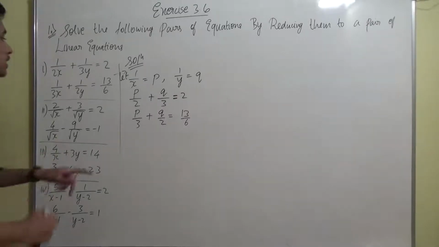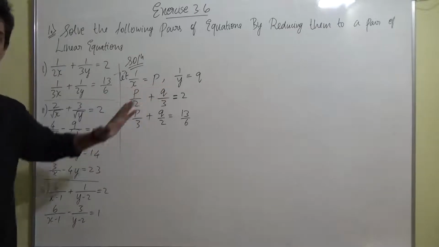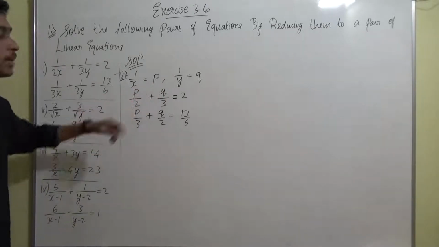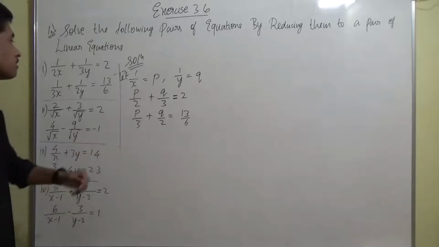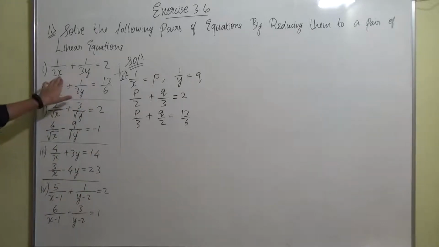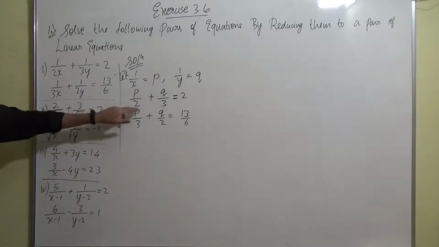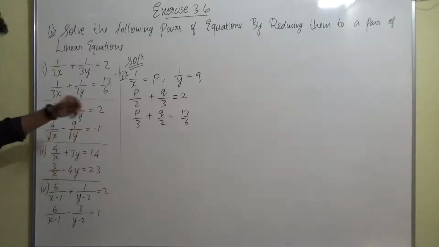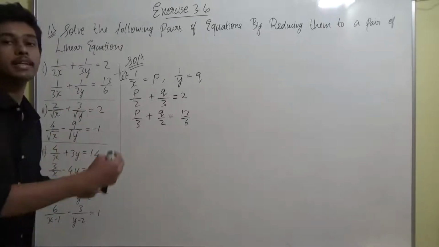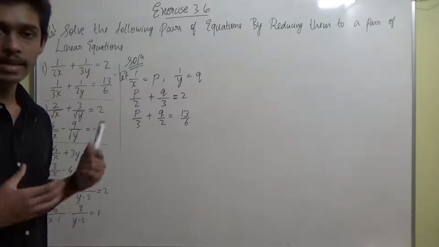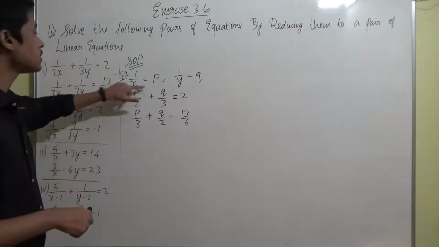Now guys, p and q are variables, and they have come in the numerator part. In the denominator part, numbers have come. Earlier the variable was in the denominator; here there is no variable in the denominator. The variable is only in the numerator, which means now you can take the LCM and reduce them into the linear form. Getting it? That's the purpose of substituting these values guys.